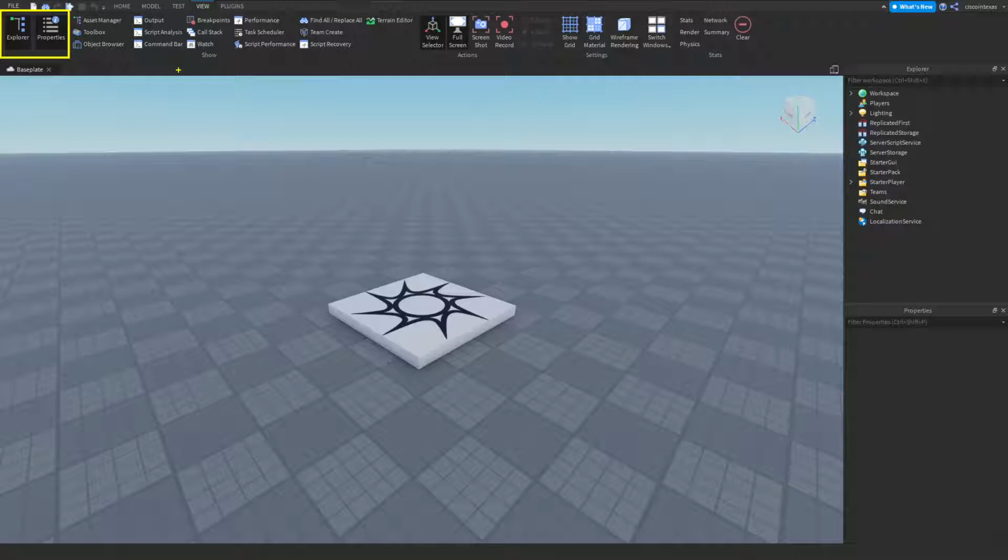And basically what these buttons do is they turn the windows on and off. So let me show you how that works. Remember, we have the Explorer window right here and the Properties window right here. And I'm going to show you that these buttons turn those windows on and off. So the first one we're going to turn on and off is the